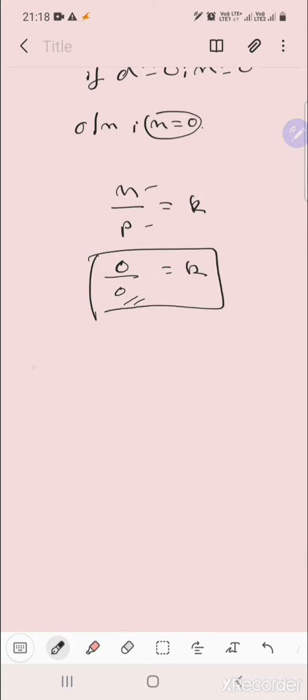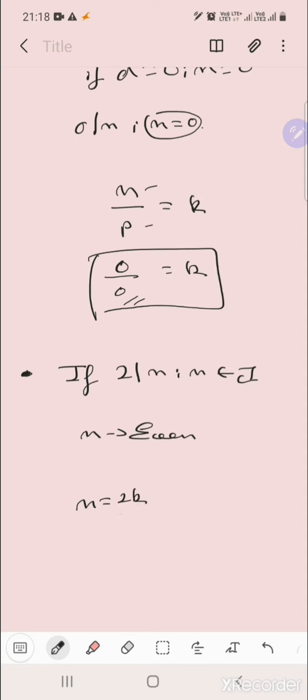One more thing. This is not a property actually. If 2 divides n, where n is an integer, then n is said to be even, or also called having even parity. And if not, then it is said to be odd. So that's why even numbers are of this form, and odd numbers are of this form. Got it? Clear?